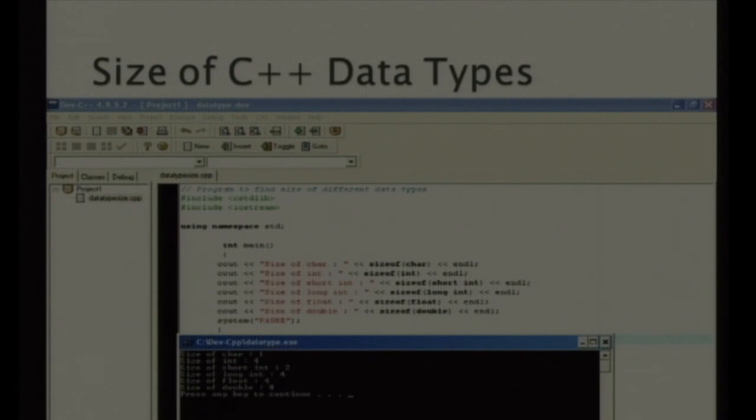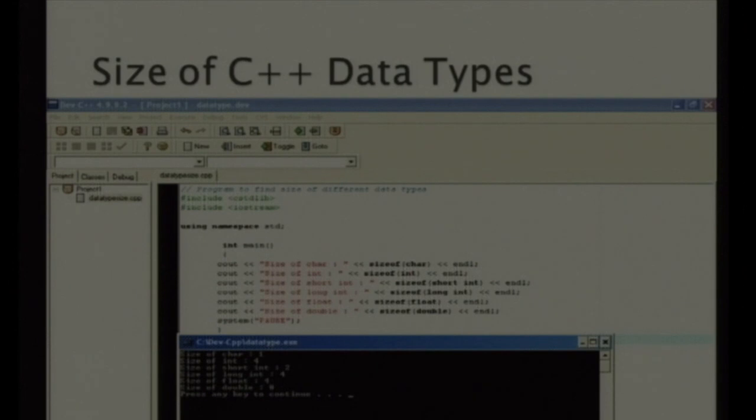This is a program you can see on screen. You read it, very simple program, no complexity, a simple use of the sizeof function, and that sizeof function is finding out the size of character, and then size of integer, size of short integer, size of long integer, size of float, and size of double.